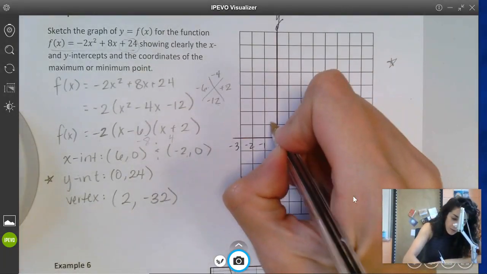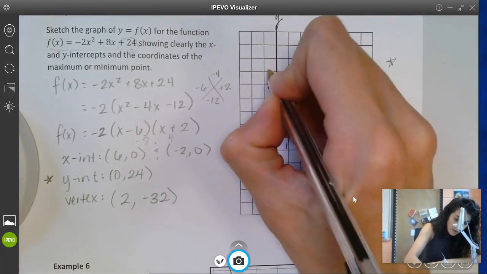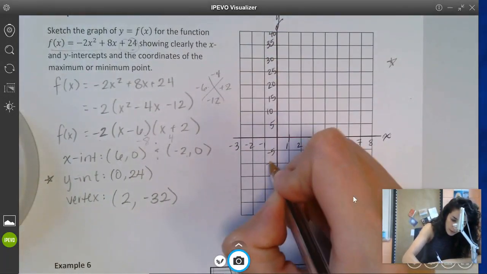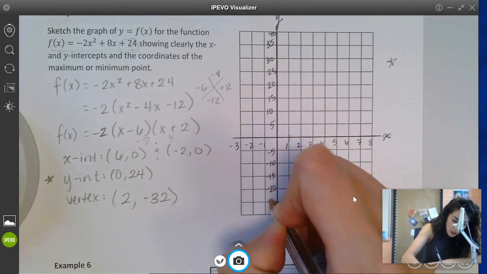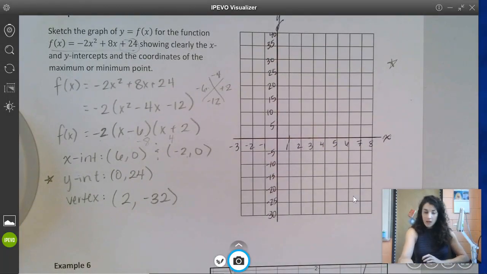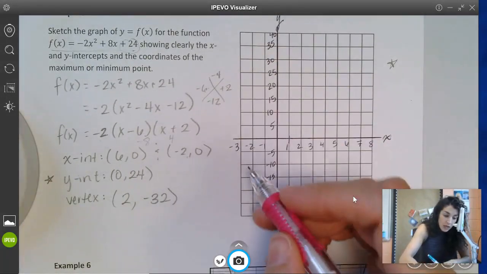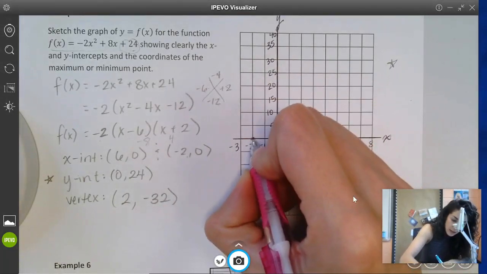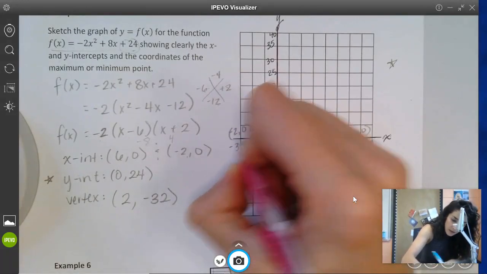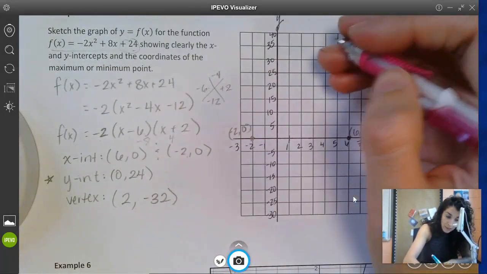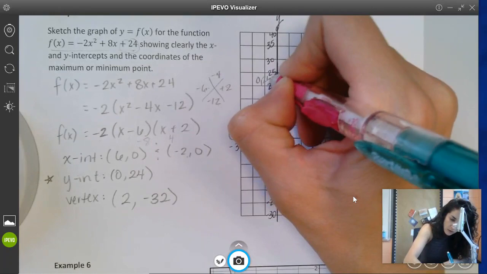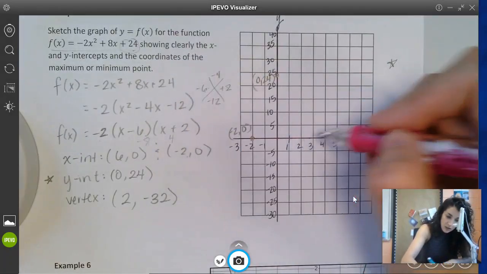And I'm going to go up by units of 5. And it needs to be consistent. You cannot change the scale of your graph. If you do, that is incorrect. Then you also need to, when you plot things like your intercepts, negative 2, 0 and 6, 0, label those points, especially because it also says clearly label those. And then our y-intercept is at 24. And then our vertex is at 2,